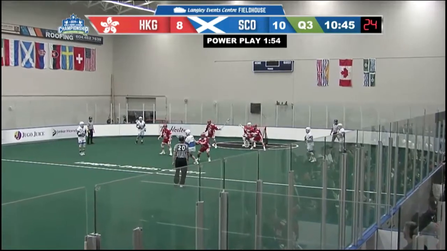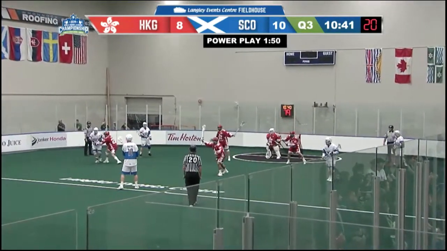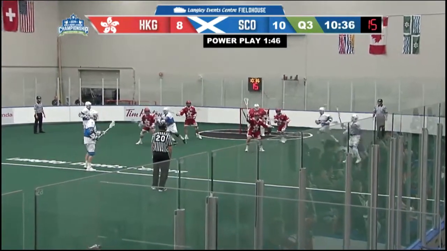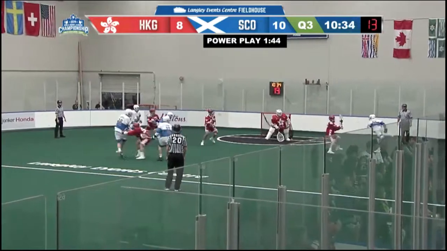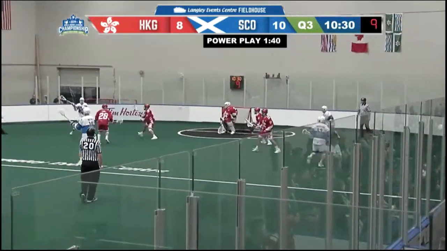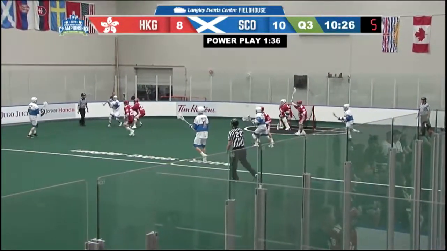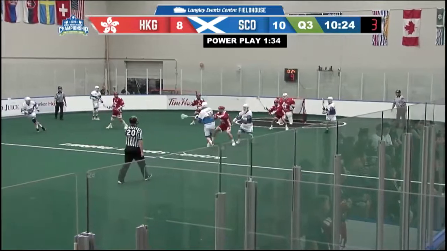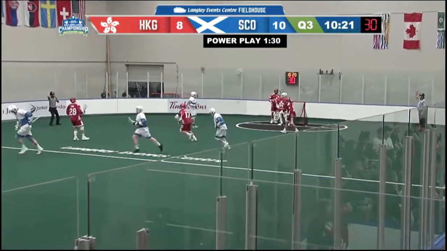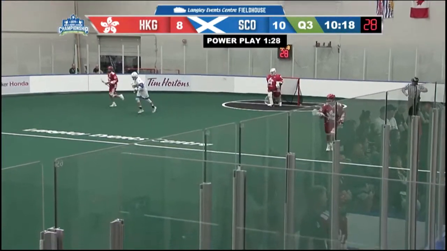Scotland leading 10-8, looking for more here. Moffat getting it started, getting it back, center of the floor, Pachieski. Now into the right corner, back for Pachieski, back for Moffat, back for Pachieski, and he missed with his shot attempt. Pachieski sending it across the floor. Moffat takes it out front, sending it bouncing toward the goal as the 30 expires and Hong Kong takes over shorthanded.